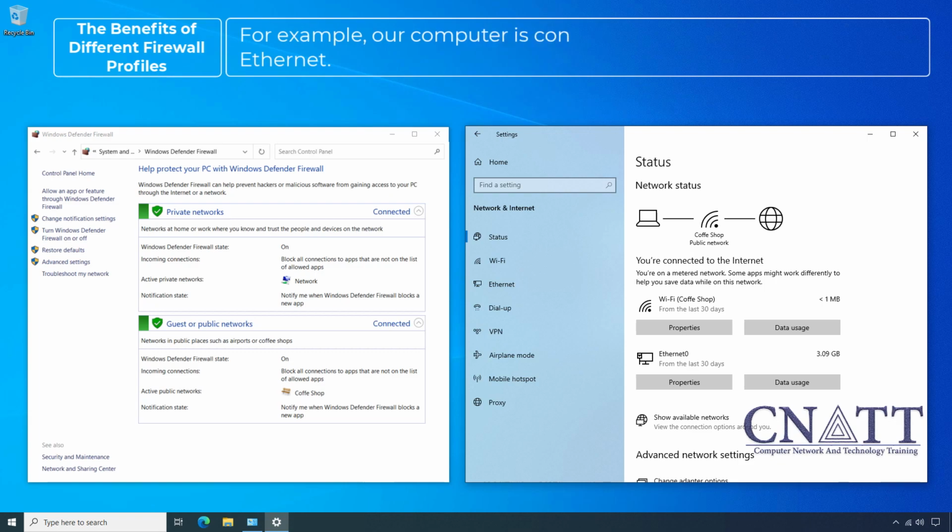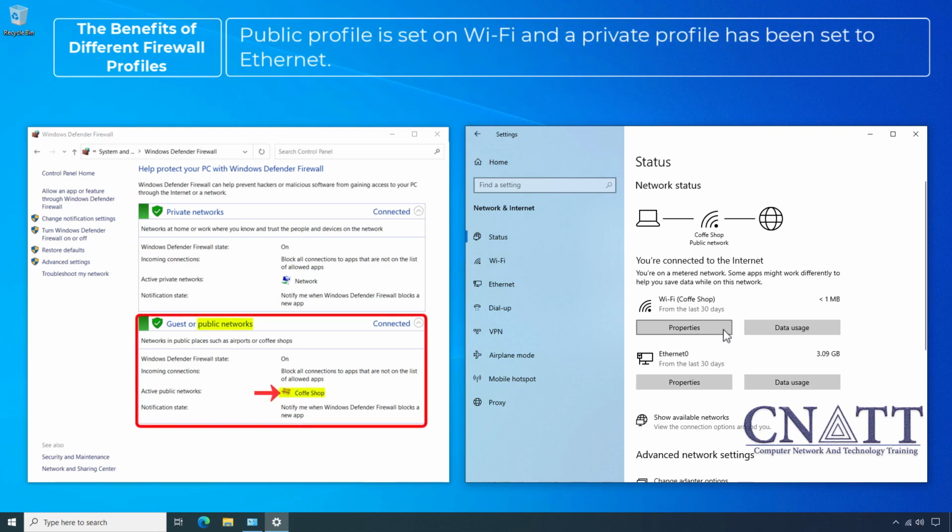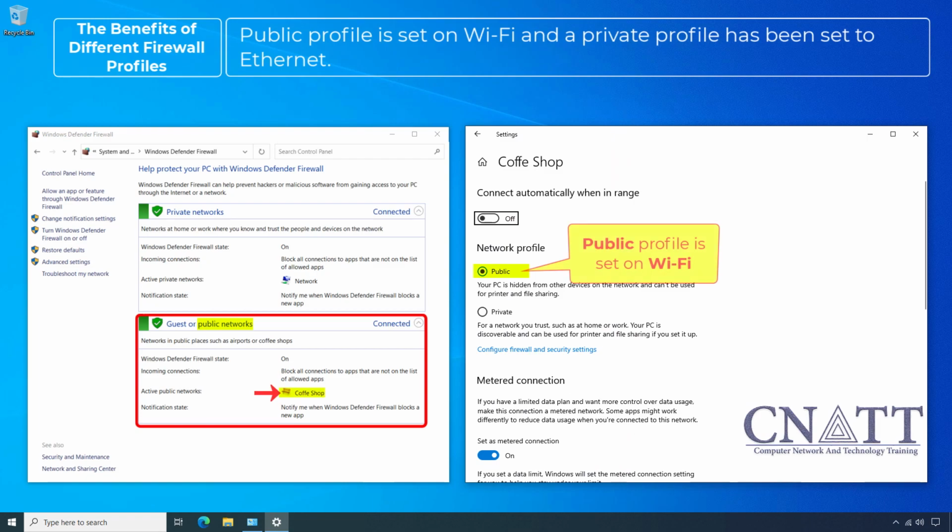For example, our computer is connected to two networks, Wi-Fi and Ethernet. Public profile is set on Wi-Fi and private profile has been set on Ethernet.